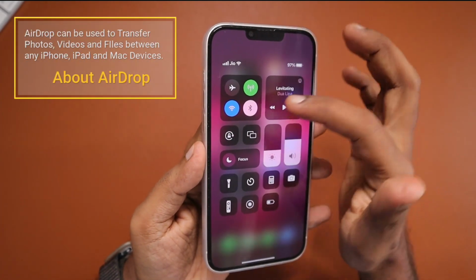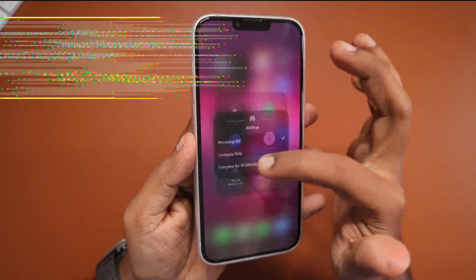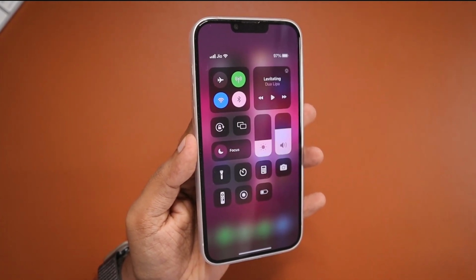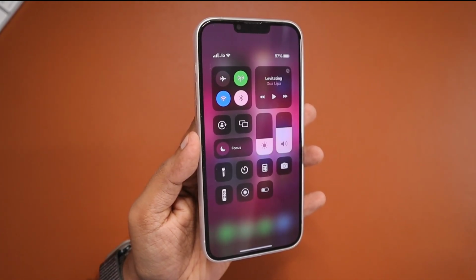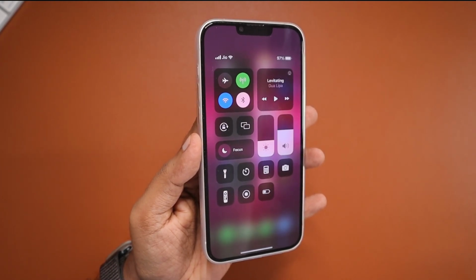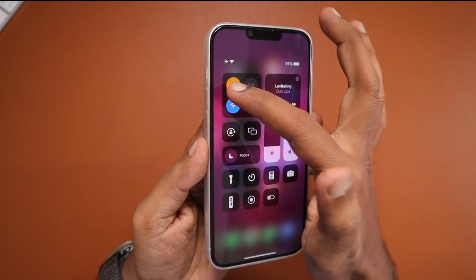I checked whether the AirDrop is turned on or not by swiping from the top right corner to access the Control Center, and here you can see the AirDrop is on. I have tried to turn it off and then turn it on and set it to contacts only. Still I haven't received the file that I tried to transfer before, because on Mac, normally when we try to transfer